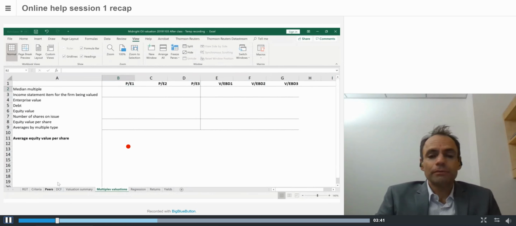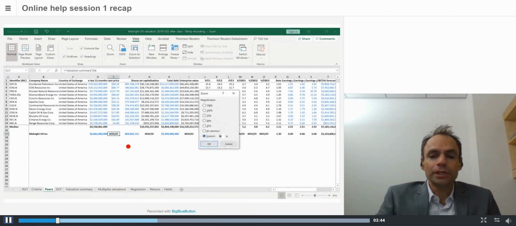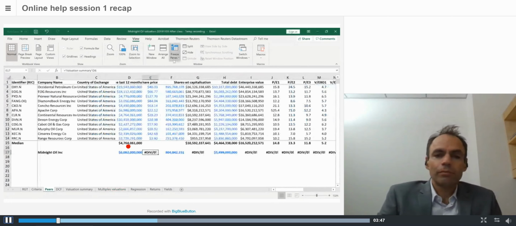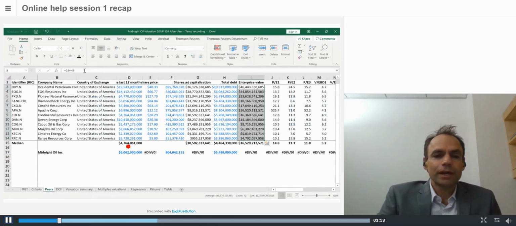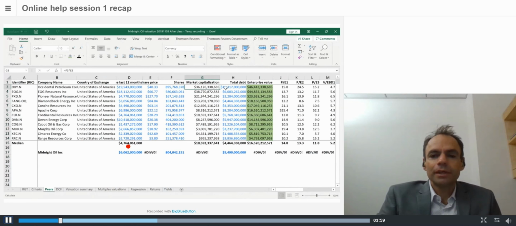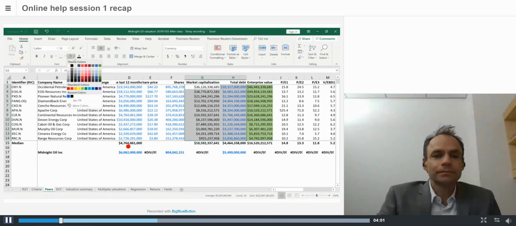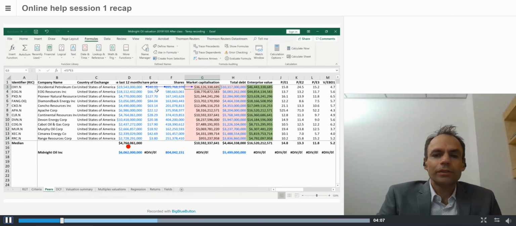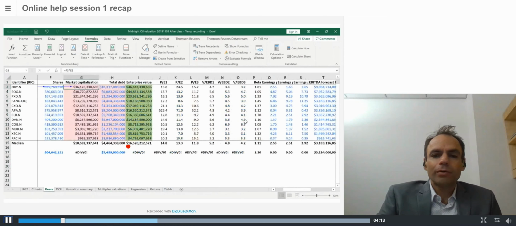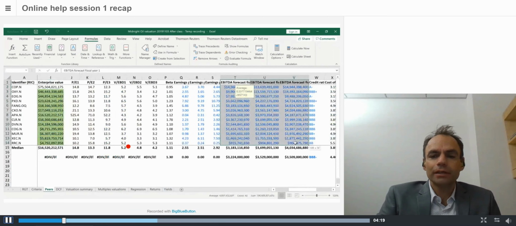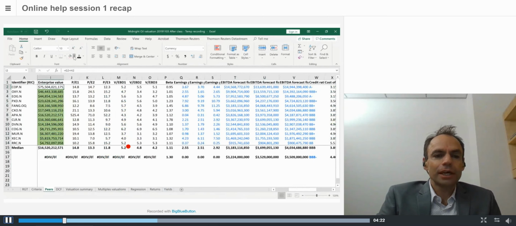We have a peers worksheet, and in this peers worksheet, there's data for several comparable firms. We have 13 of those. In column I, I'll highlight their enterprise value. You'll see that enterprise value is the sum of their market capitalization and their debt. In turn, market capitalization is the product of the share price and the number of shares on issue. We take the ratio of enterprise value relative to 1, 2 and 3 years forecast EBITDA. I'll highlight the forecast EBITDA in